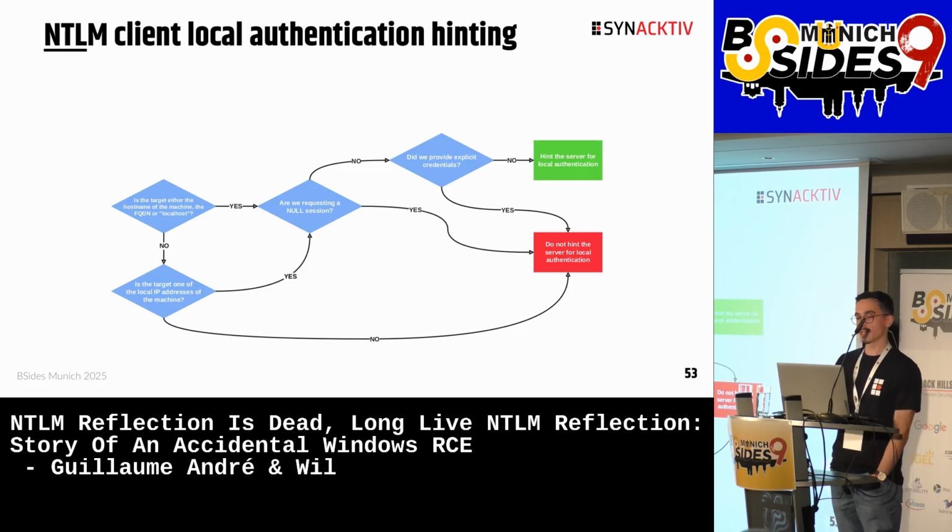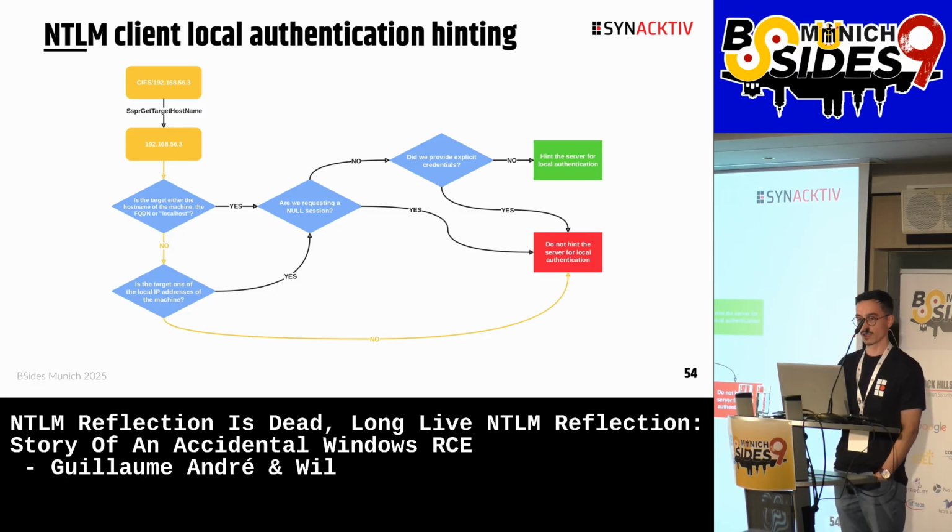Another thing to understand is what we call NTLM local authentication hinting. Basically, when the NTLM client builds the first message to authenticate, it can decide whether or not to hint the server into performing local authentication. So the decision process is what you see now on the screen, and I will illustrate it with a few